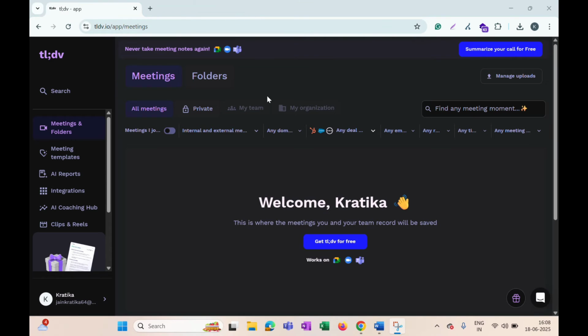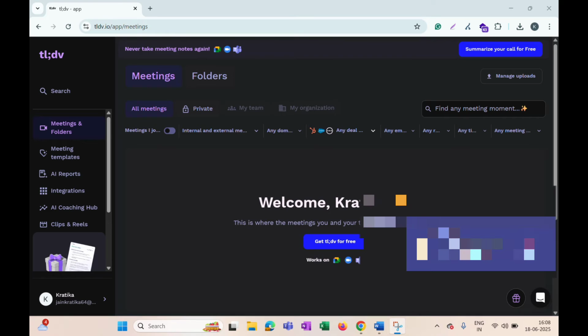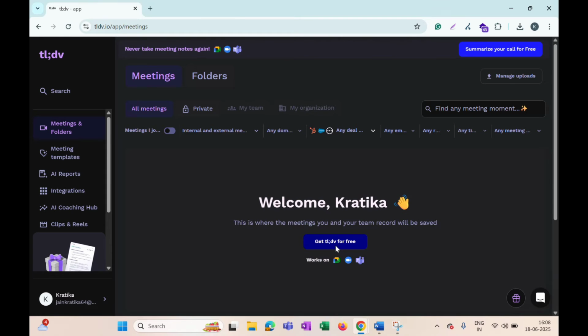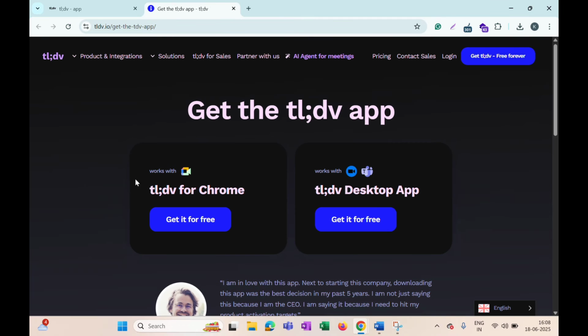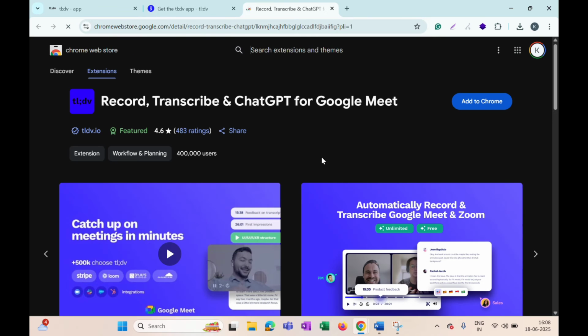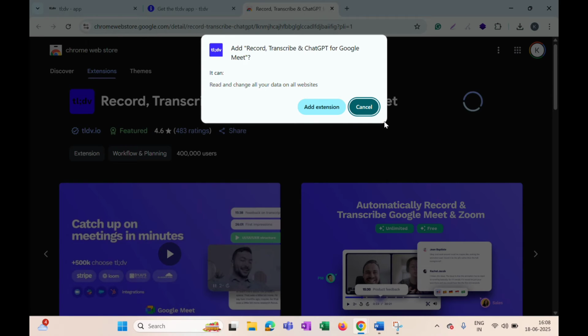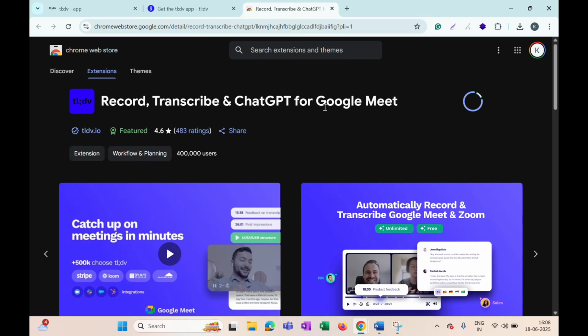Also, in order to integrate it with our Google Meet or Teams, what we need to do is click on this get tl;dv for free. Click on this, and if you want it for the desktop app, you can get it for free. I'm right now choosing get it free. You need to add an extension to the browser. Click on add to Chrome. So once you click on add extension,